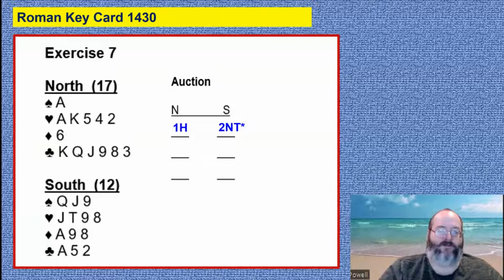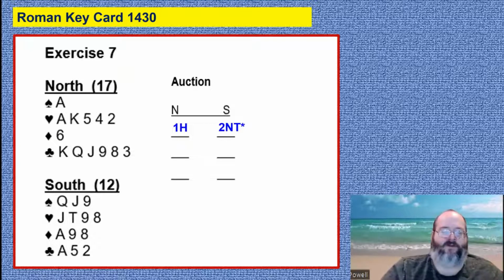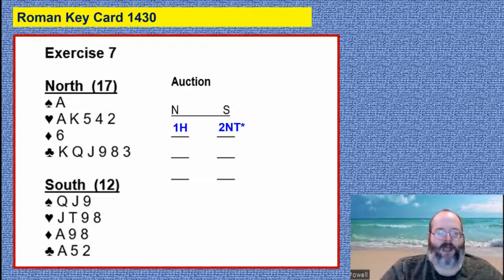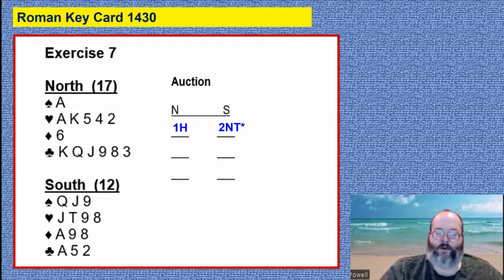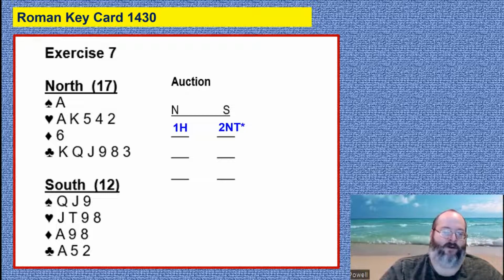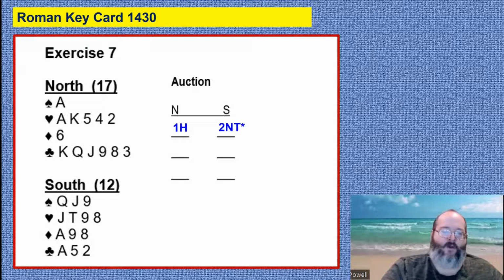And that's all you need for 7 here, right? That's all you would need to find. If you found 1 ace from your partner, you'd still be happy to be in 6, right? If you find both aces, you're more than happy to be in 6. And if you find both aces and the queen, you're more than happy to be in 7 here, right? So rather than